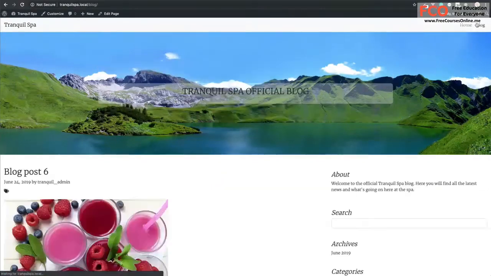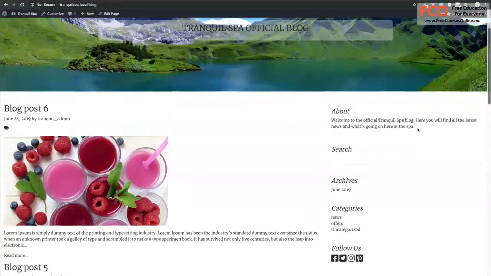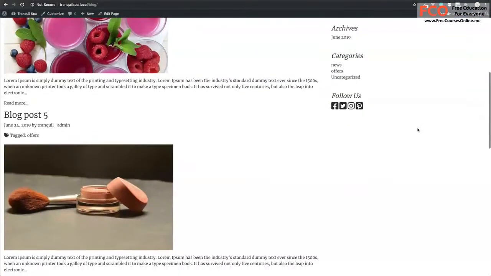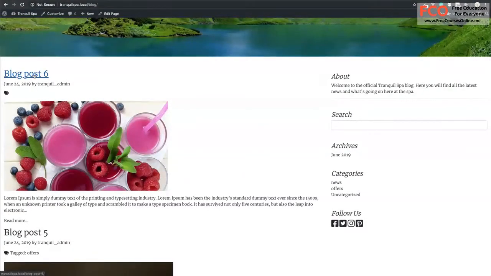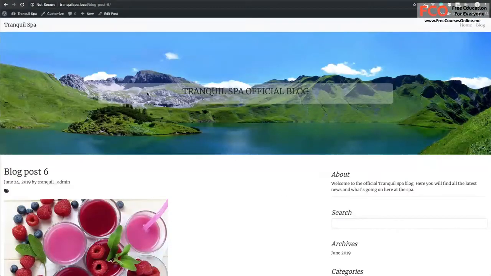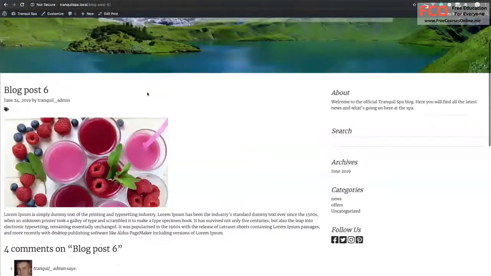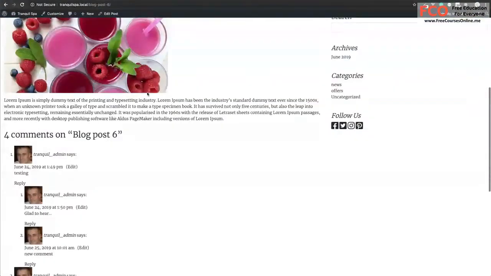Well, to see what WordPress can do, let's take a look at some examples. This is the blog page for the theme we're going to build together. We have the header at the top, linking to the home and blog pages, a site title, a header image, and a text overlay. Then below this we have the blog post listed on the left, and then the sidebar